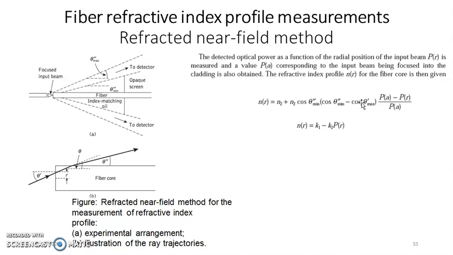This technique can be considered for the measurement of the refractive index profile. If we consider the theta max angle, we can consider theta min and theta max angle. Okay, so that is for the measurement of this particular fiber. In this case, we use a short length of the fiber so that we can find out a refractive index profile. We can get the small spot of light emitted from the given fiber, and we get that particular measurement.